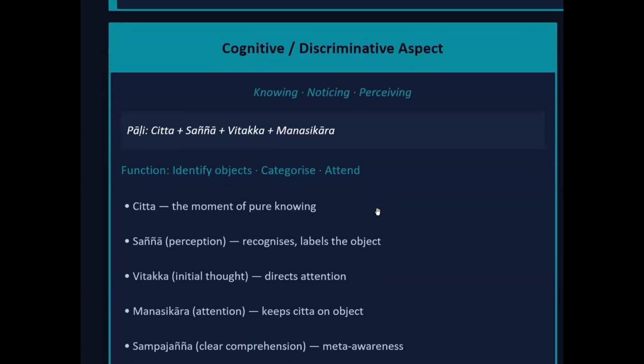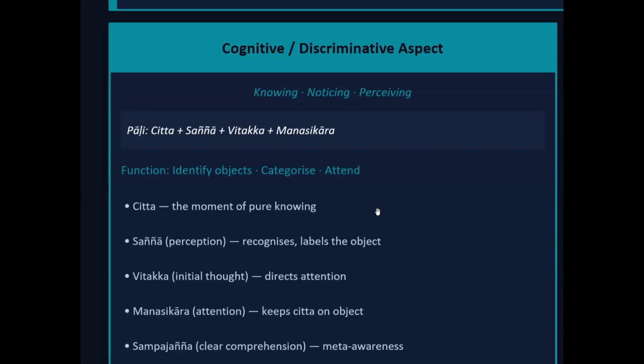Chitta is the moment of pure knowing. You capture the object. This is a pure form; everything our senses capture is pure knowing. It passes to the next one, sanna, or perception. When the object is captured, it recognizes and labels the object.